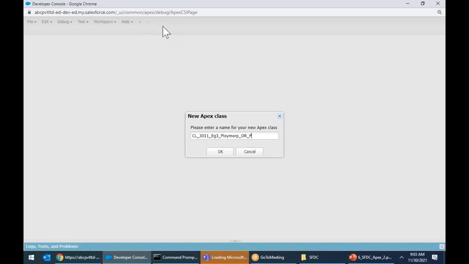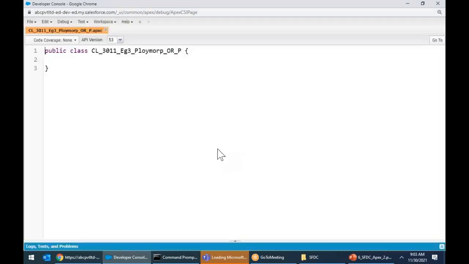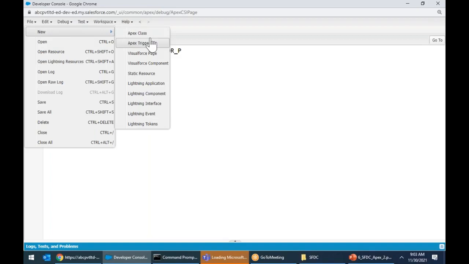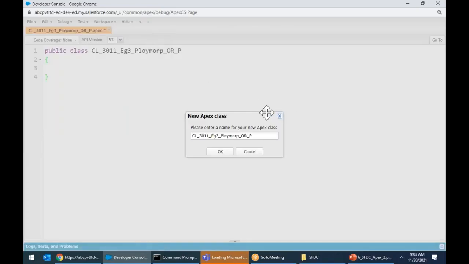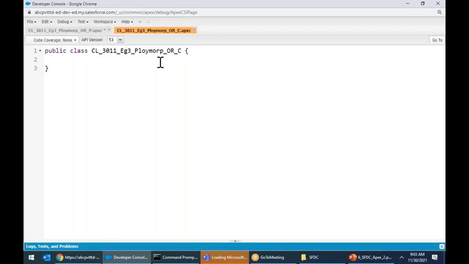You require 2 classes minimum. Parent, same name. File, new class, C, child. For the overloading concept, 1 class is enough. For the overriding concept, minimum 2 classes are required. Whichever is parent. For example, here I have public